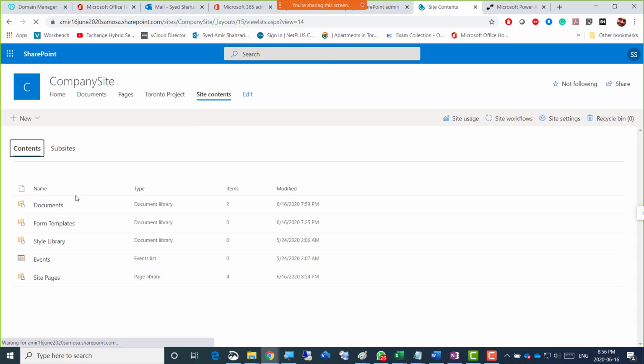So in the site contents, there are contents, and again, those in the background. So you can see on the home and then documents and pages, but in the background, these are the folders, or these are the components that really run this whole SharePoint site or one site.